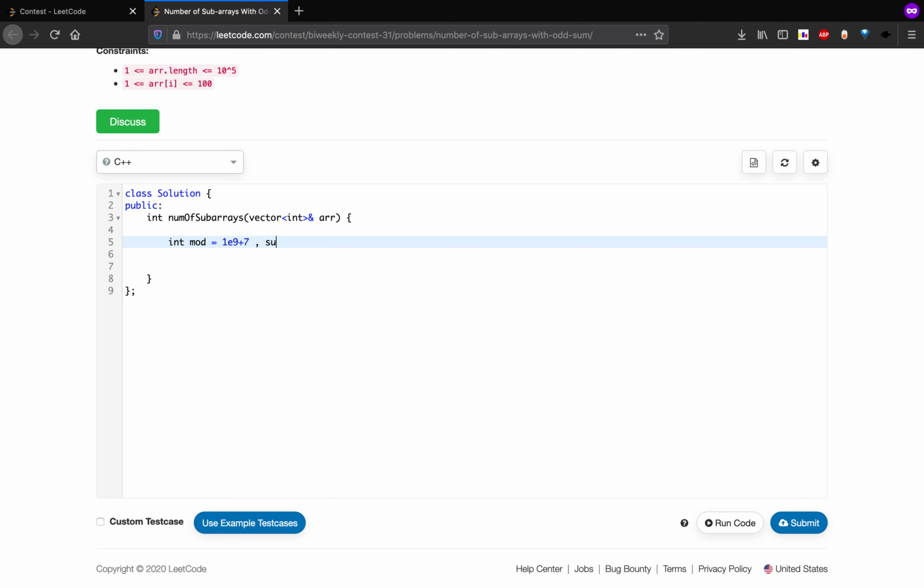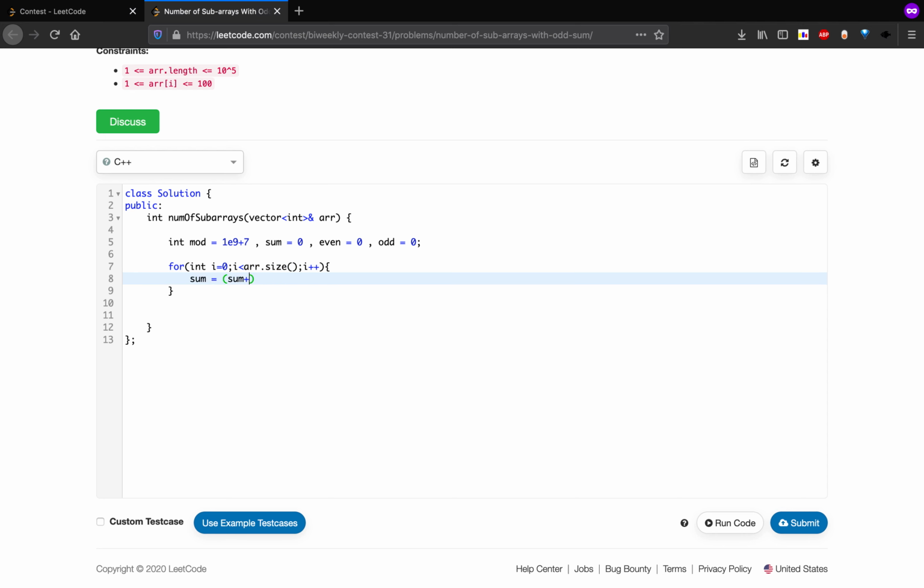Then we can take a sum variable in order to calculate the prefix sum. Then we can take 2 more variables, even and odd. Then we can simply iterate over the array, for i from 0 to arr.size, i plus plus, and we do sum equals sum plus arr[i] mod 2.